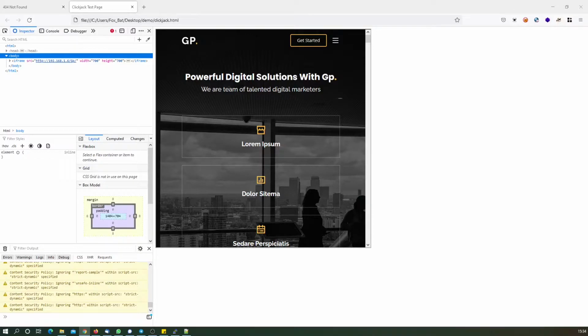To counter this, there is a very simple directive that you need to add to your web server, and your problem will be solved within a fraction of a second. There is a header set from the server side called the X-Frame-Options header, which needs to be set in the response header. By default, this option is disabled.